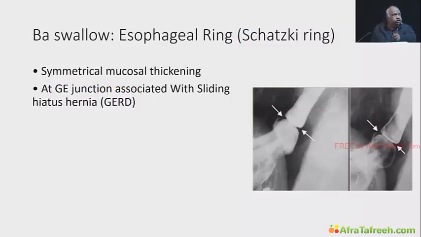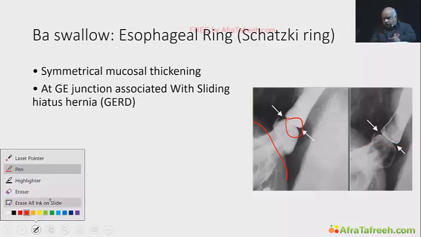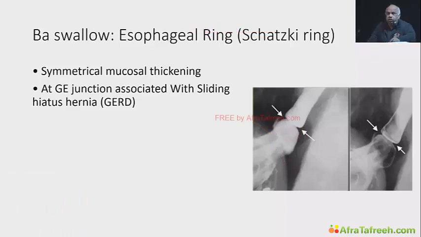Although it is at the GE junction, it will be found above the diaphragm. Why above the diaphragm? Because in sliding hiatus hernia, it has gone in any case above the diaphragm. I mean, the GE junction is above the diaphragm. So Schatzki ring is a symmetrical mucosal thickening at the GE junction above the diaphragm associated with sliding hiatus hernia. This X-ray is unlikely to be asked, but theoretical questions are there on Schatzki ring. If you ever get a question like this, obviously you cannot diagnose Schatzki ring, simply say it's a sliding hiatus